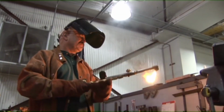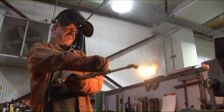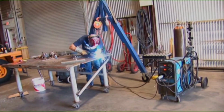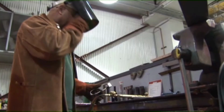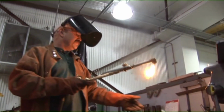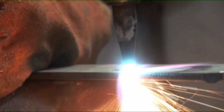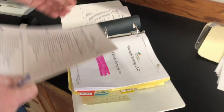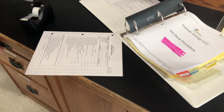Performing hot work is a large part of maintaining the plants. It can be very hazardous due to the natural gas, gasoline, ammonia, and other compressed gases. Hot work outside of buildings can be hazardous because of the dry grasses. All these sources of combustion must be evaluated and protected against. If you will be doing any work involving sparks or flames, you will need to obtain a hot work permit